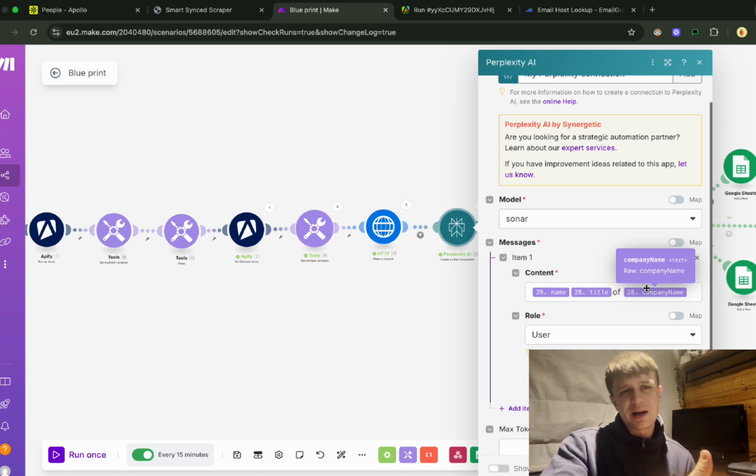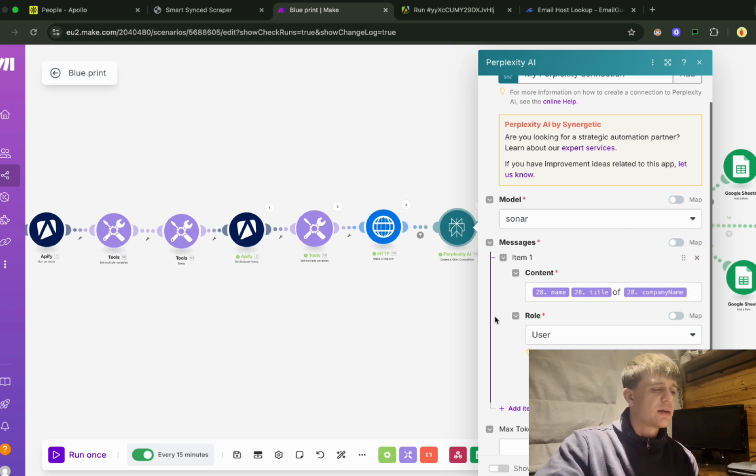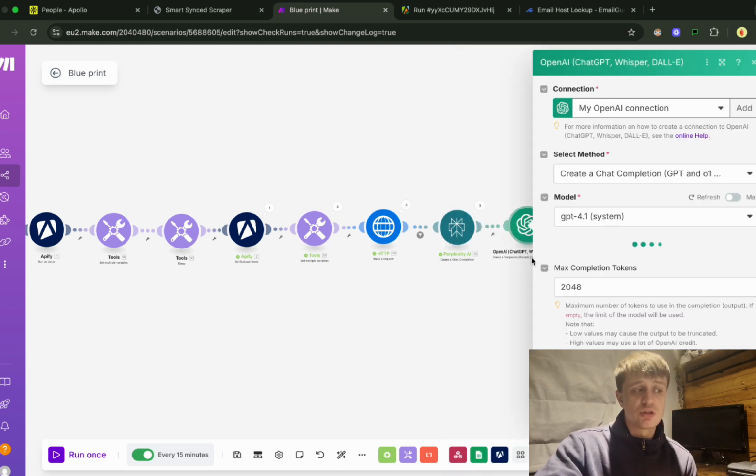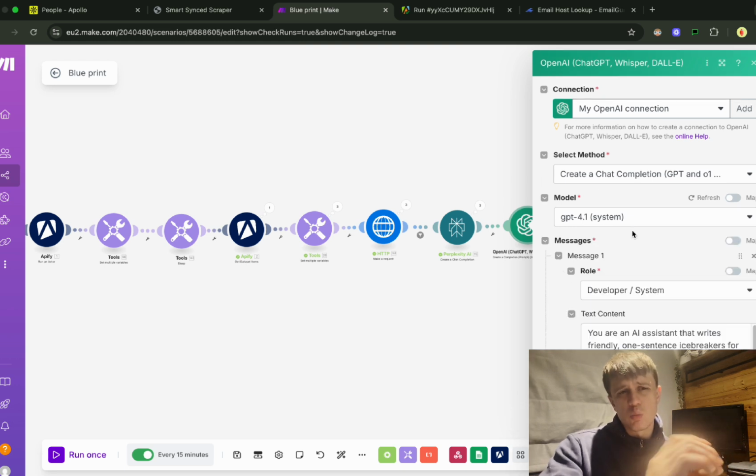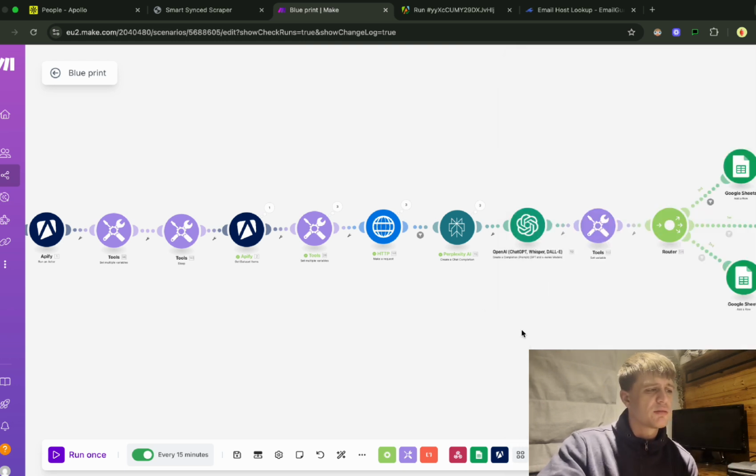Perplexity would go away and do research on the prospect, and then you'll be given the output of basically all of the information it finds, and then we take that information and run it through a GPT module, so then it's able to create a personalized one-liner just to be in the front of an email